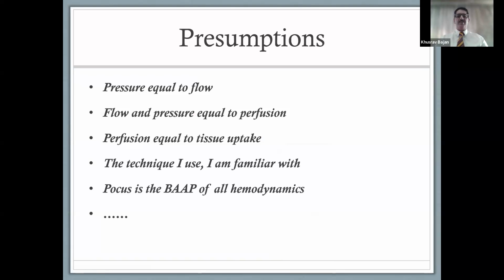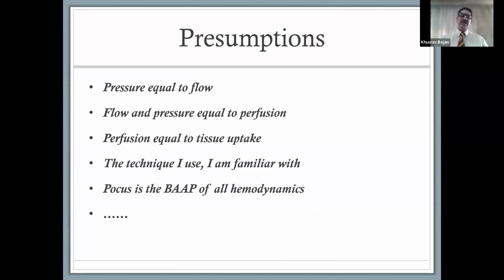We make a lot of presumptions when we actually do hemodynamic monitoring. And that is, we presume that pressure is equal to flow. And by measuring pressure, we presume that we are measuring flow. And by measuring both, we presume that it is equal to perfusion. We also presume that perfusion is equal to tissue uptake,